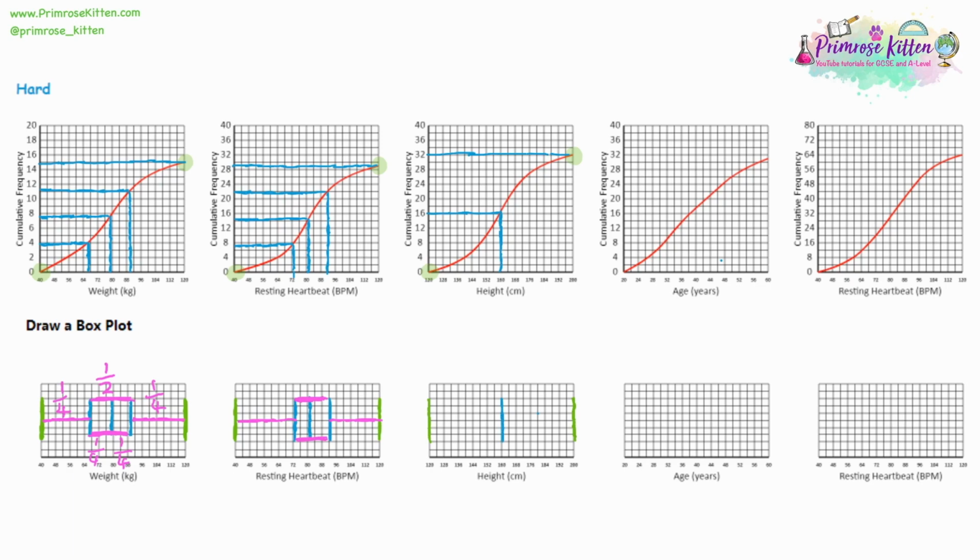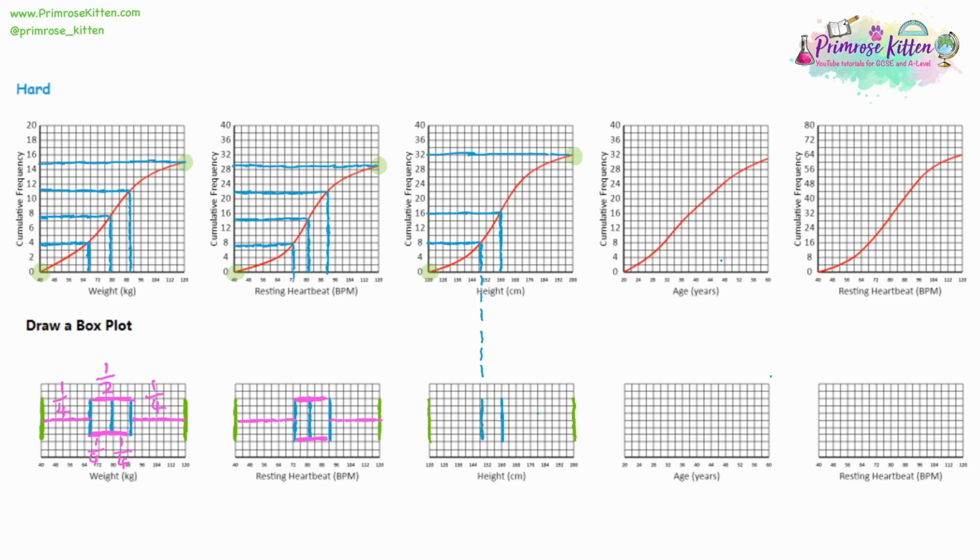Now we need the upper and lower quartiles. So for the lower quartile, divide by 4, 32 people total. So a quarter of the way through will be 8 people. Draw a line across, draw a line down. This is just after 148, so something like 149. Okay, if you're not sure, use your ruler and just bring it down to the box plot. If it is set up this way; if it's not, then you'll have to just plot it from scratch.